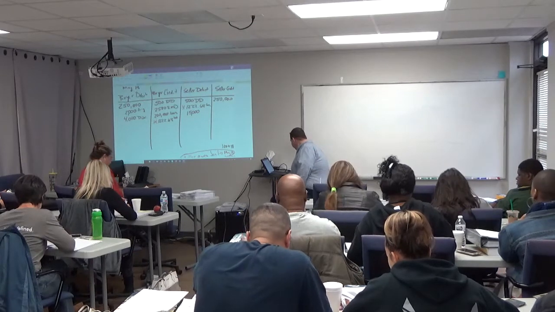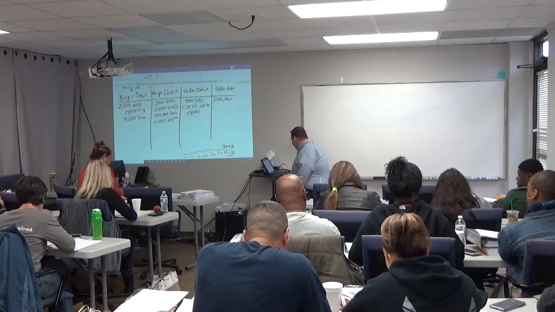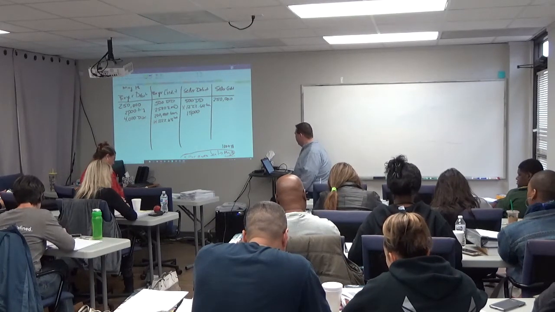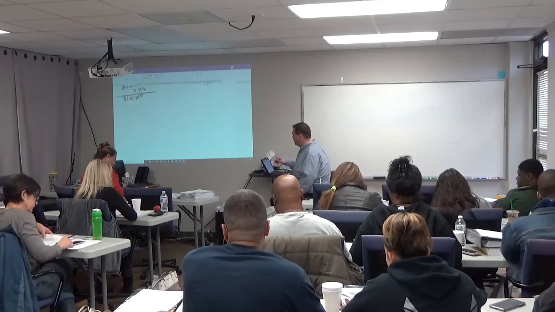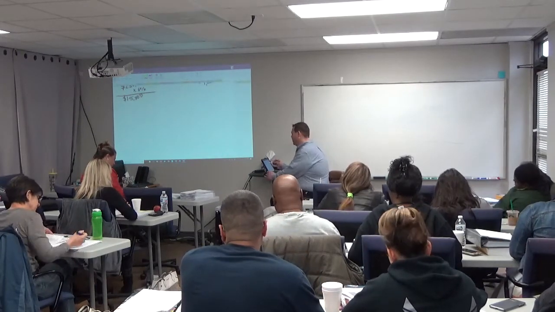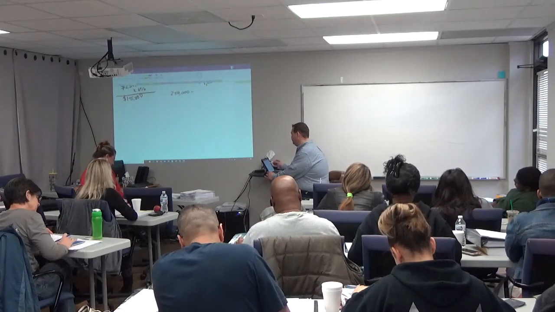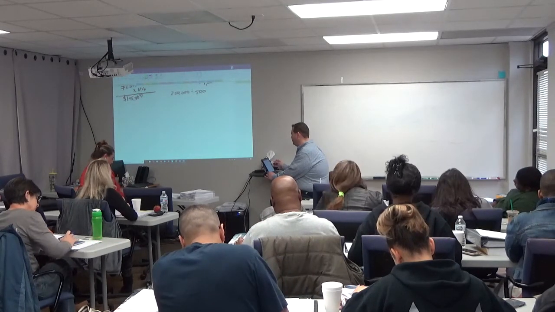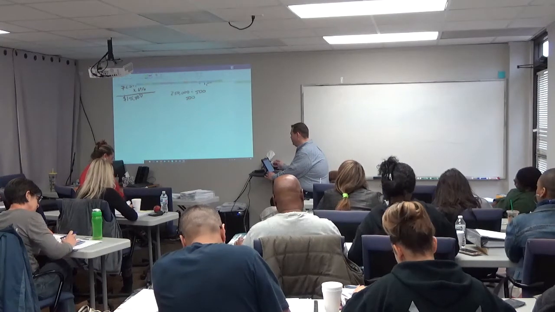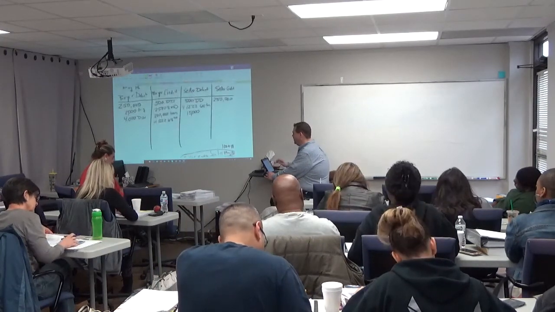All right. And we'll also have to pay excise taxes at the standard rate. Well, what's the standard rate for excise taxes? Purchase price, $250,000 divided by what? 500. So what do we end up with? $500? Yeah. We got $500 in excise taxes, and that's going to be a